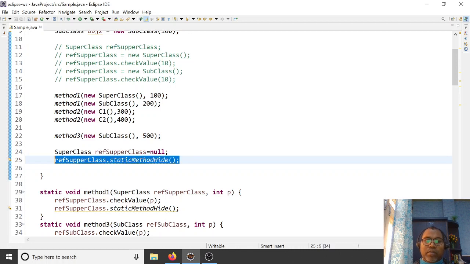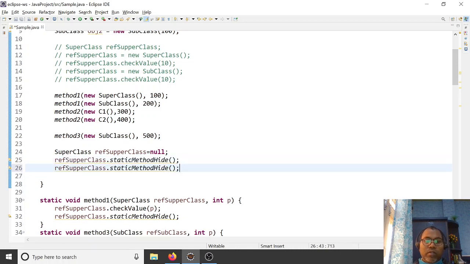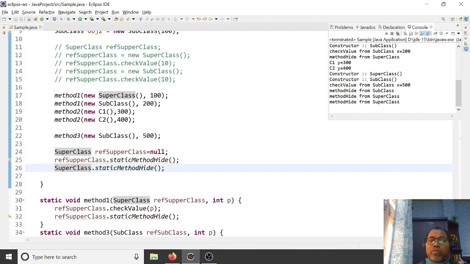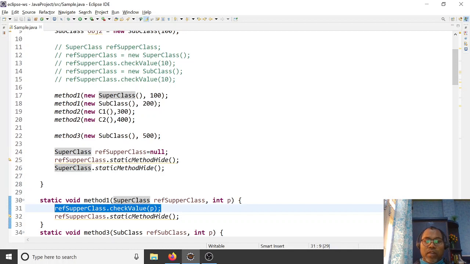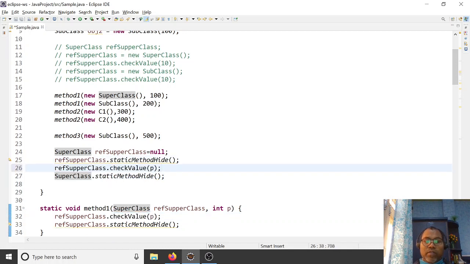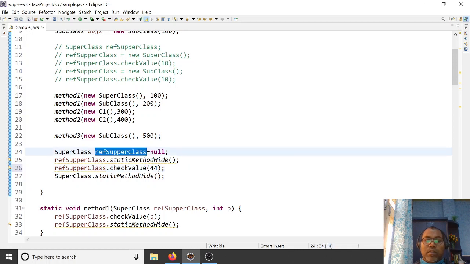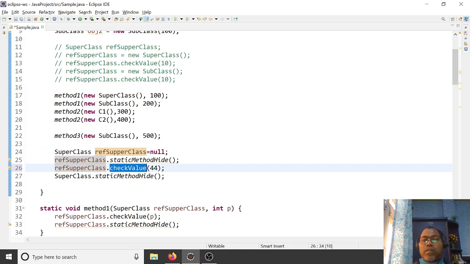We are not writing it this way. Instead, you write your superclass name this way. It's clear which method is going to be invoked. But here, if you try to invoke from this reference, this class reference is null. From null you cannot invoke any instance method.